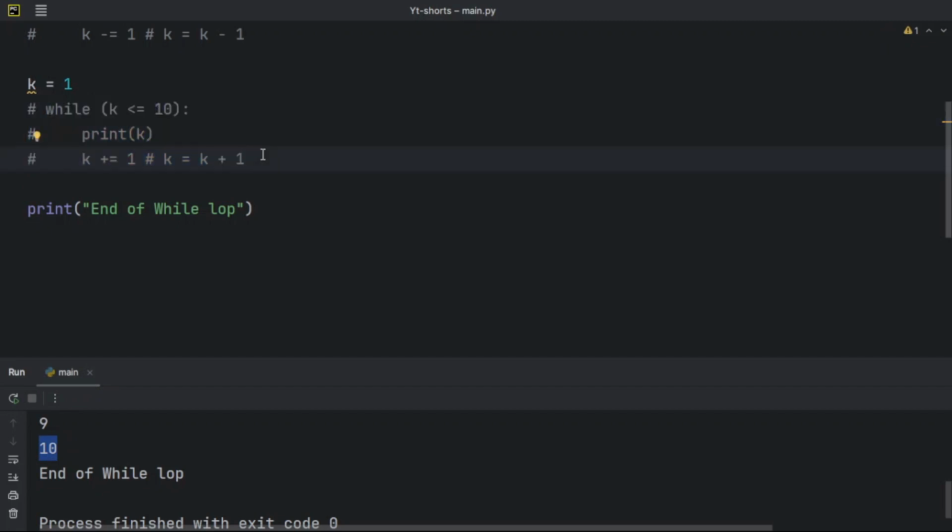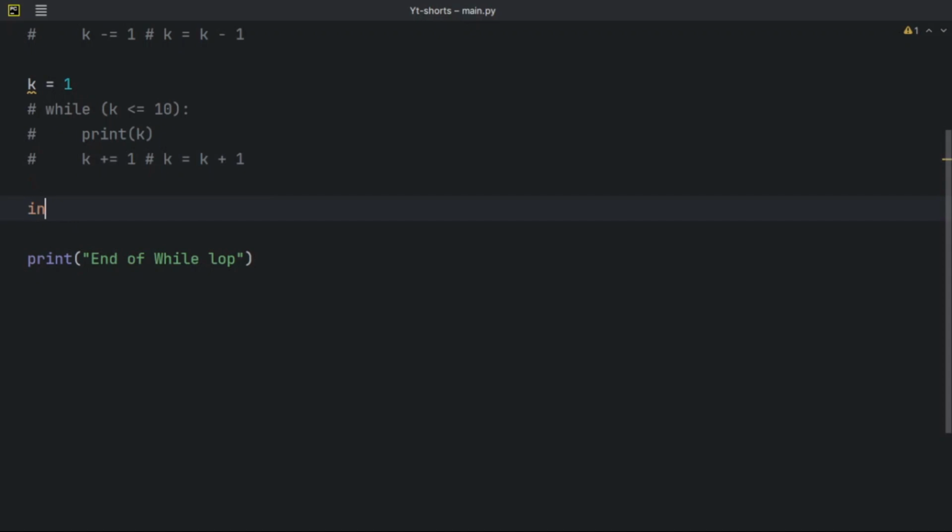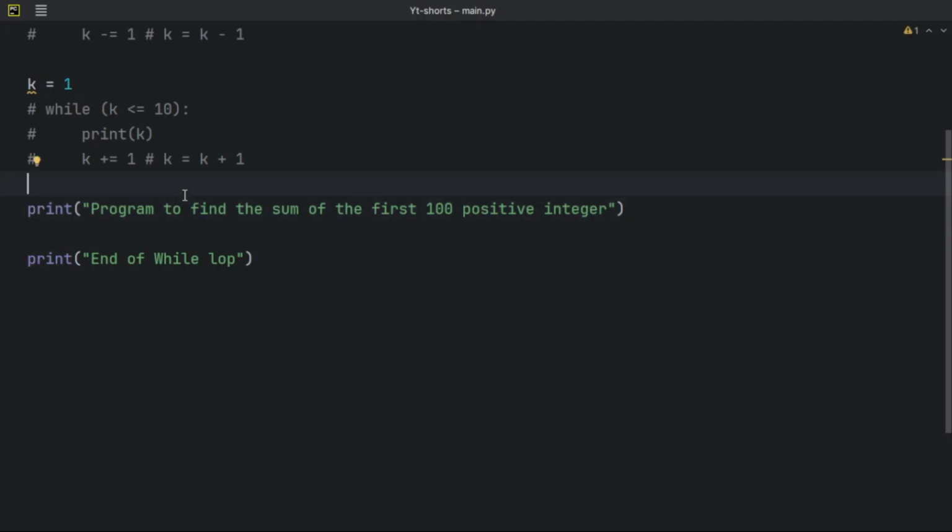Okay, let's say you're in a situation whereby you want to print the sum of the first 100 positive integer numbers. So how do we do this? Let me just write this here. Program to find the sum of the first positive integers. Let me just make sure this is print and not int. Okay, so for a program to find the sum of the first 100 integers,